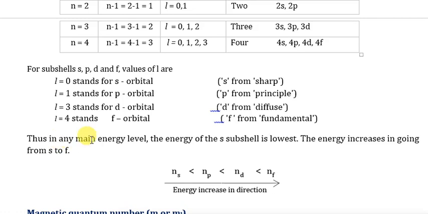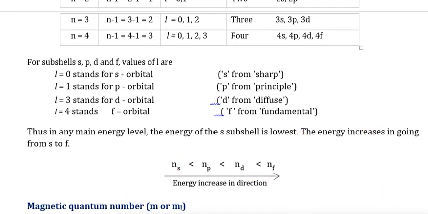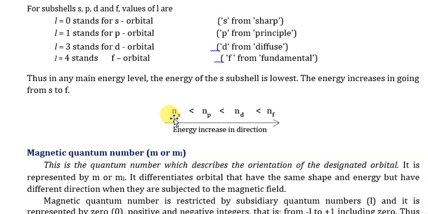Thus, in any main energy level, the energy of S subshell is lowest. The energy increases in going from S to F. Kwa hiyo kama tuna subshell nyingi, ns itakuwa na energy ndogo, less than np, less than nd and less than nf. Kama ni shell labda ni 4, 4s atakuwa na energy ndogo kuliko 4p, kuliko 4d, kuliko 4f. So energy increases in this direction. That's all about